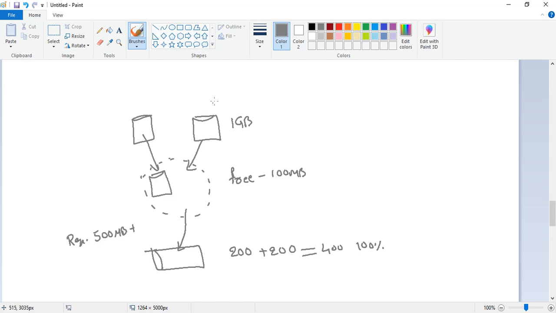The moment you add the physical volume into your volume group, it will become 1 GB plus this 100 MB, so 1100 MB will be free. Then they want to extend only 500 MB, so you can extend this. In case they want to go with 2 GB, then guys,